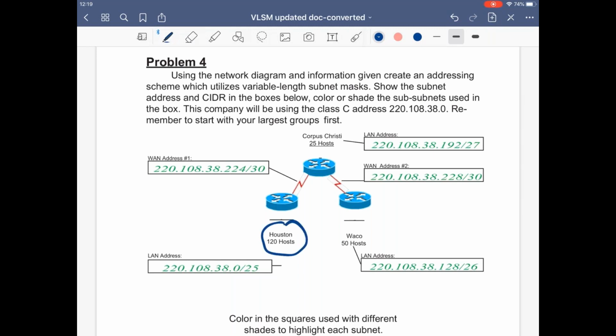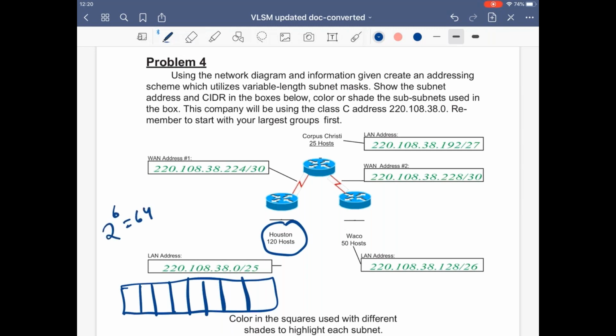120 hosts will be 2 to the power 7. So the first 1 bit is 1 and the remaining bits are 0 for the first network. The custom subnet mask for the first network is 255.255.255.128. The valid IP address range is from 0 till 127 for the first network, and 127 is the broadcast ID.